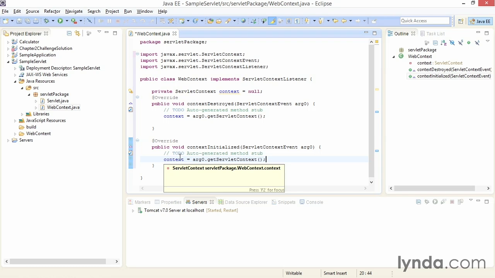Finally, you can actually create and add servlets from within the web context using the createServlet and addServlet methods, allowing you to associate more than one servlet with a single web context. What we've gone through here is an example of just one of the many types of listener classes available for a servlet web context. This particular one happens to be listening for the creation or destruction of the context, but